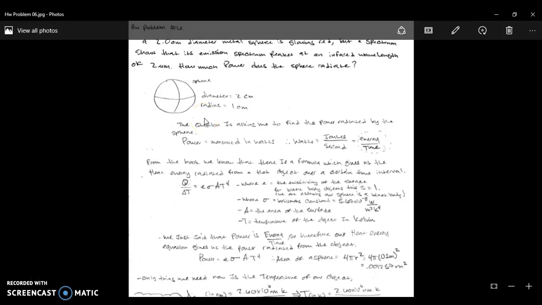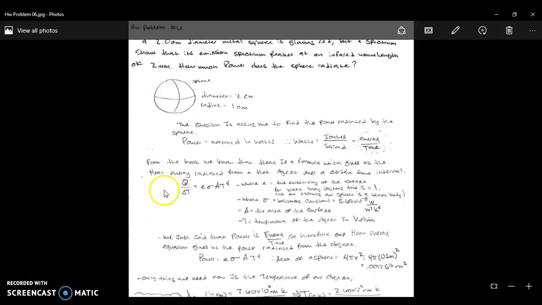All right, so what the question is asking me is to find the power radiated by this hot, glowing red sphere. Just breaking it down, I have to use some background information. Power is measured in watts, and the units for watts are joules per second, which is just energy over time. In the book, it was really just backtracking on some stuff that it gave you earlier in the chapter, but it gave you this heat energy